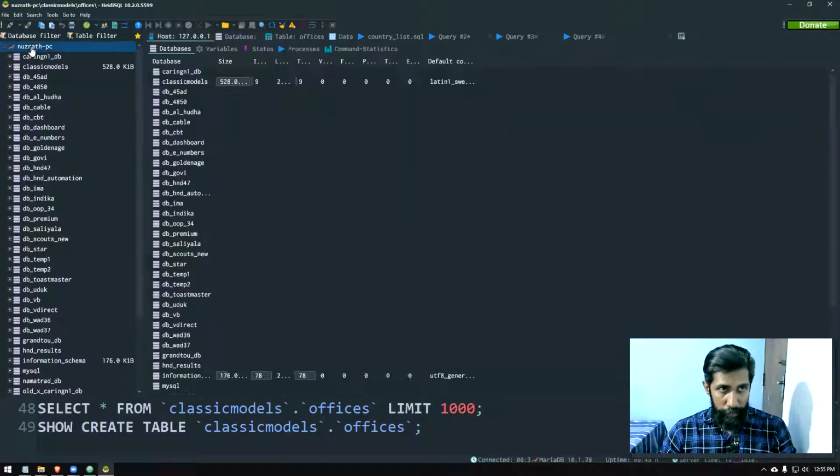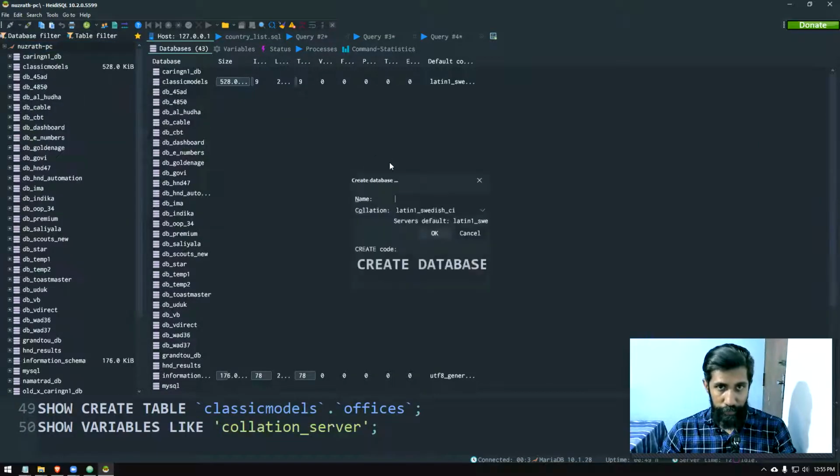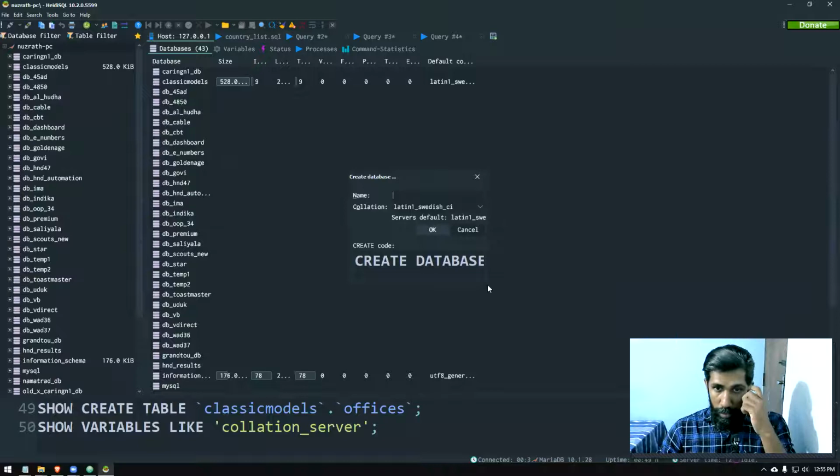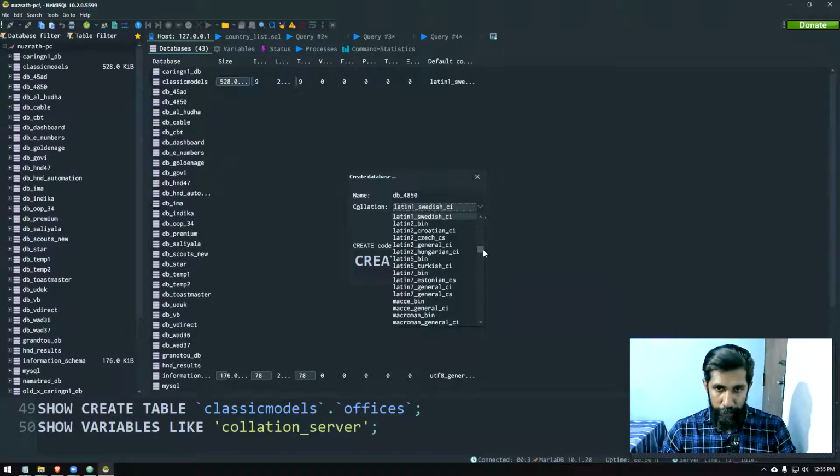Right click on the session, go to create new, select database. Then you can give a name. I'm going to give db underscore 4850 as my database name. Collation, you're going to set it to UTF-8 general CI.